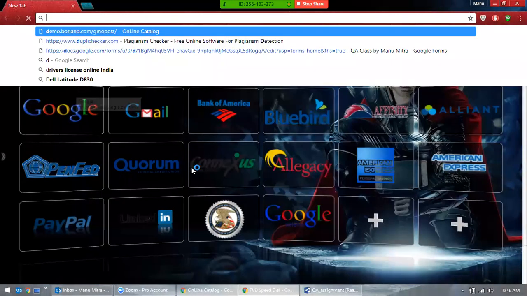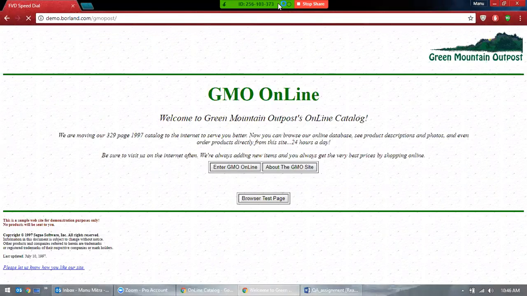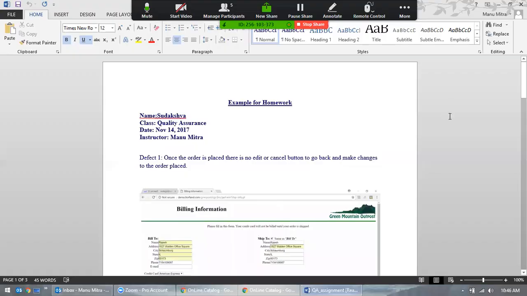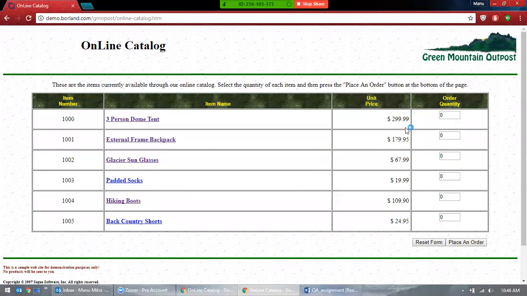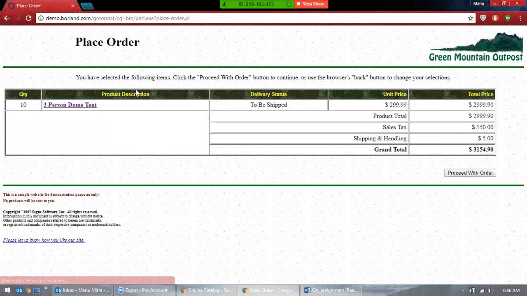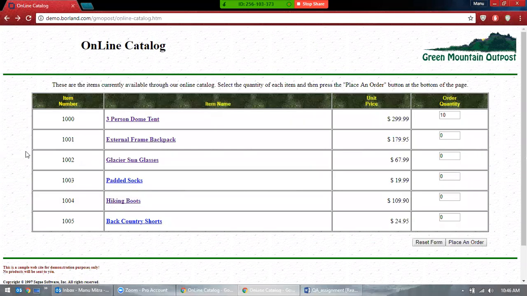So business analyst, when you open such kinds of issues, there's no edit or cancel to go back and make changes, so you don't really require that. Let's say you want to make some order here, place an order. And here you see this: click on proceed button, use browser back button to make changes in your selection. That means you can go back and change the selection. That's what they mean.